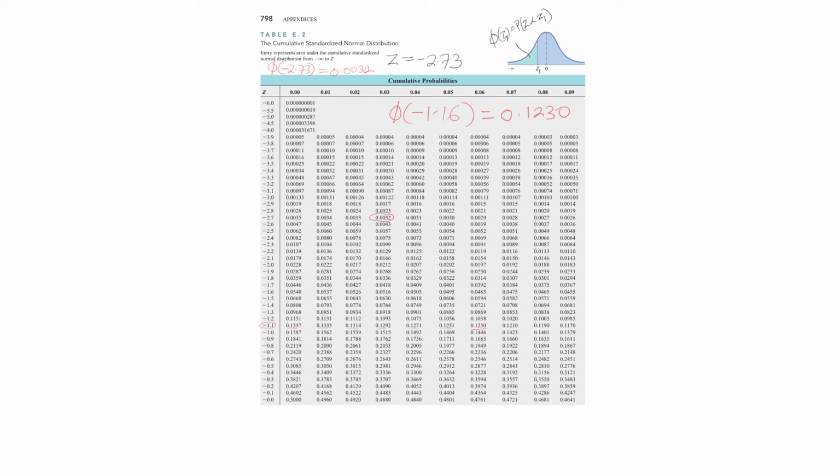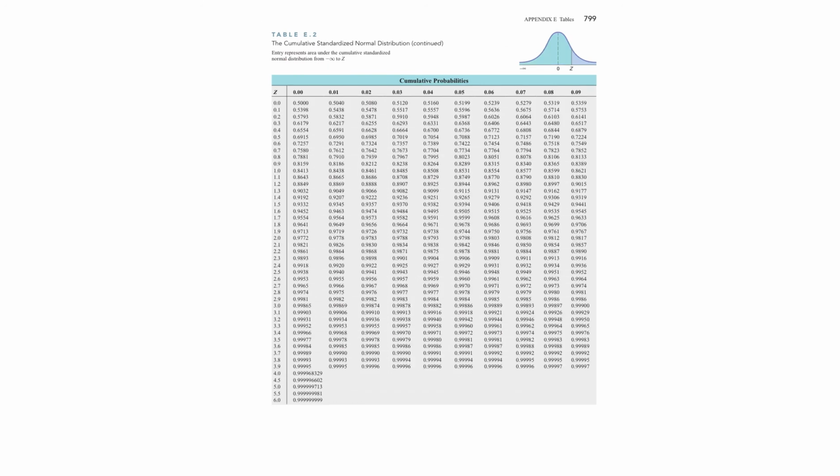But there is always a challenge. Sometimes you may not have chance to access this table. In most cases, you'll have chance to use the other table that reads between 0 and the positive side. So how do we go about that? Next, I have this other table. It's also a standard normal distribution table. This is reading the probability that z is less than a particular value on the positive side. The area you see in green here